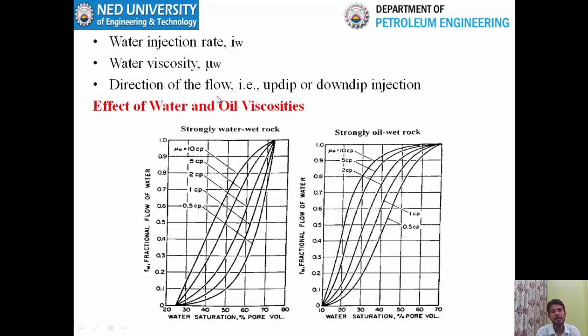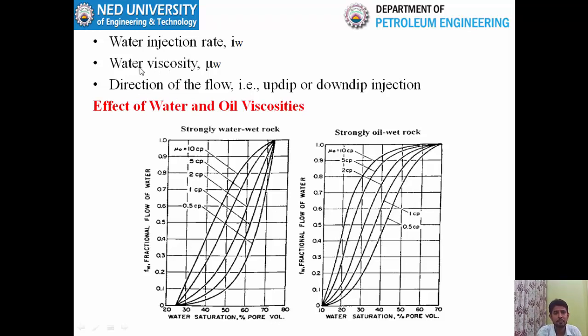And direction of the flow basically indicates how you have located the position of the injection well. So for example, if you have located the injection well at the top of the pay zone, your flow will be down dip. You're injecting your injected fluid from the top portion, so the injected fluid is moving in a downward direction. In the other case, when the injection wells are located at the bottom of your dipping reservoir, the flow of injected fluid will be up dip. So direction of the flow means how you have positioned your injection well.